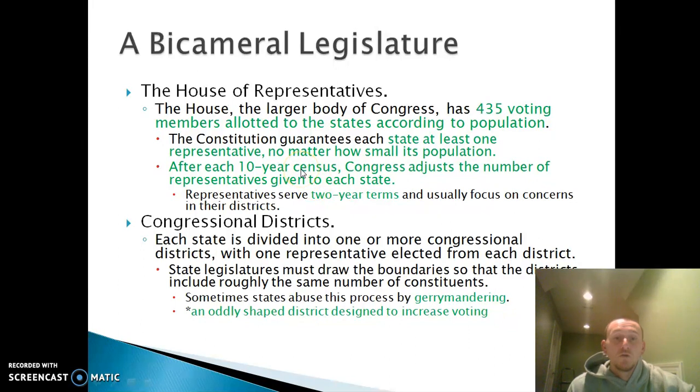Okay? If you get elected as a representative, you serve a 2-year term. So after every 2 years, you got to run for re-election. Okay? Gerrymandering, major word. This is when they change the district shape to increase voting. All right, I'll show you a video on it later, but pretty much they can draw the district lines however